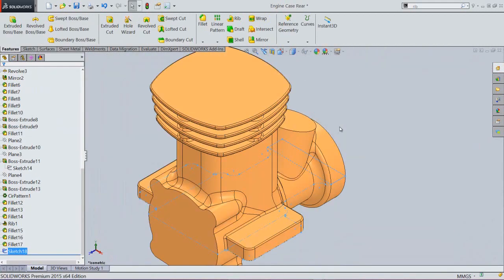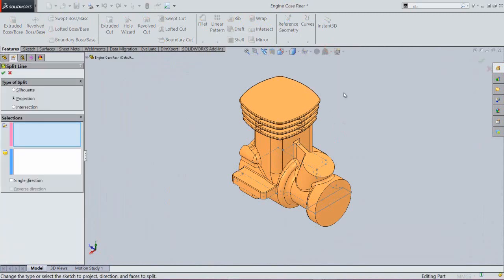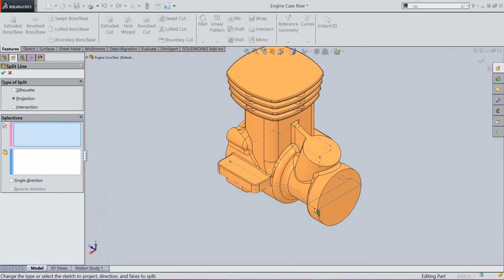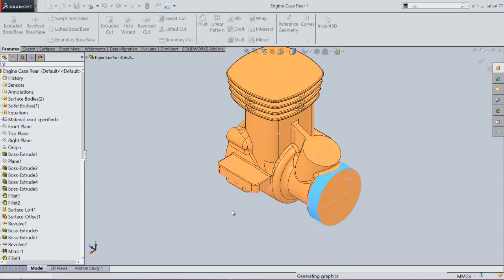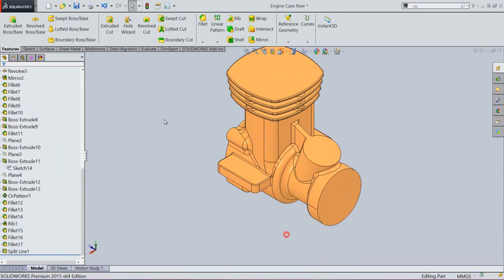Rotate the model. Now go to the curves tab and activate the split line command. Select this sketch and second select this face. Okay. Now my two faces have been split like this.